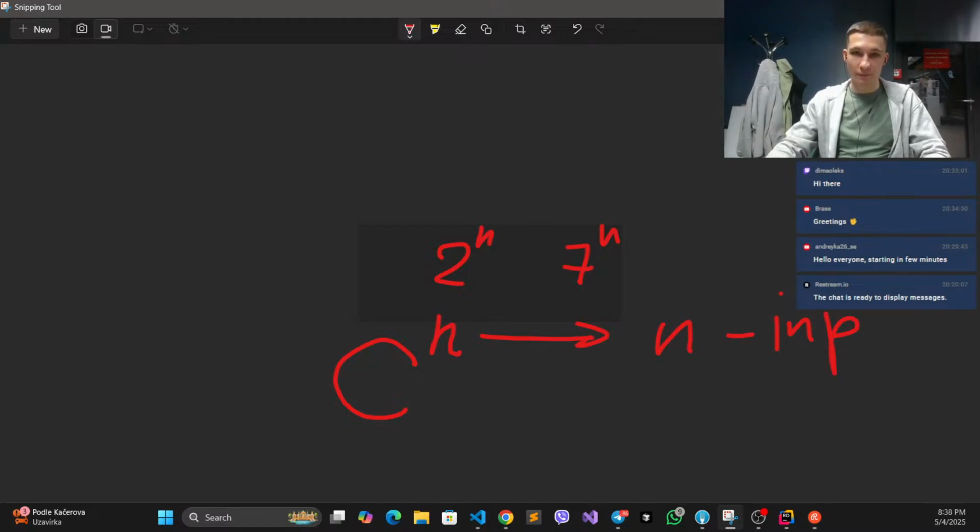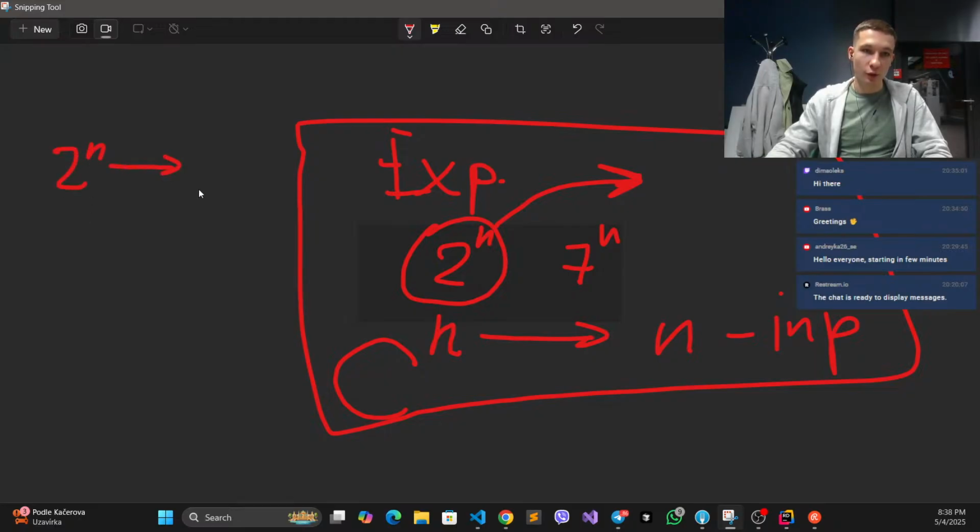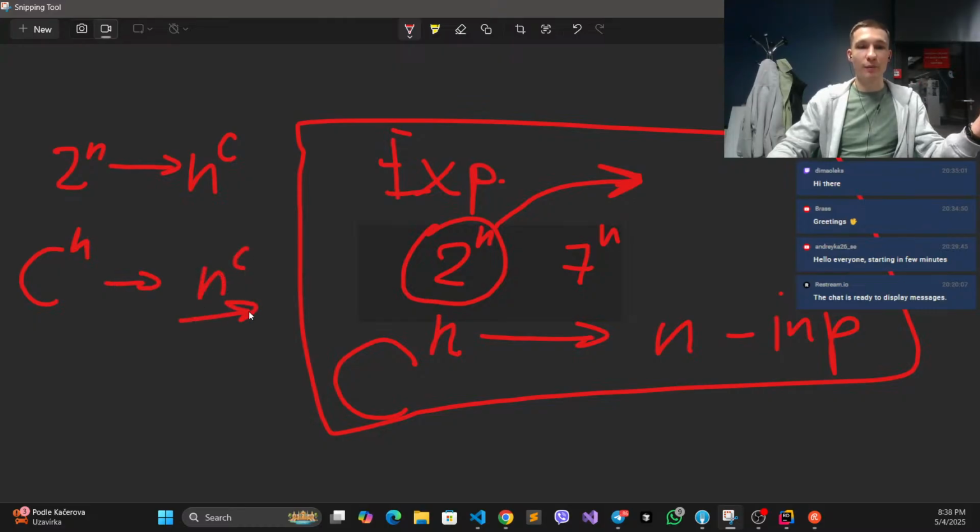This is our guy. So this is exponential time complexity. And why do we want to use dynamic programming is exactly to convert exponential time complexity to polynomial time complexity, which is the time complexity when our input serves as not a constant but as a regular number. So we convert 2 to the power of n to some n to the power of constant, or otherwise, how can it be stated? Constant to the power of n, we convert to n to the power of constant, which is much better